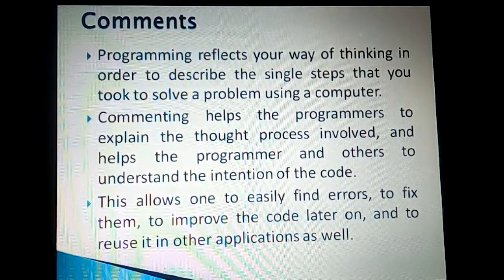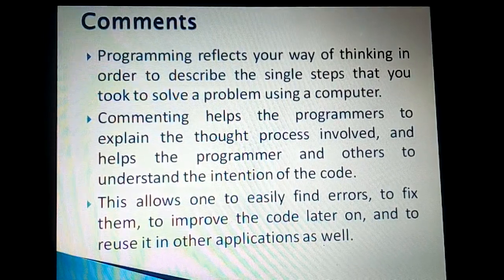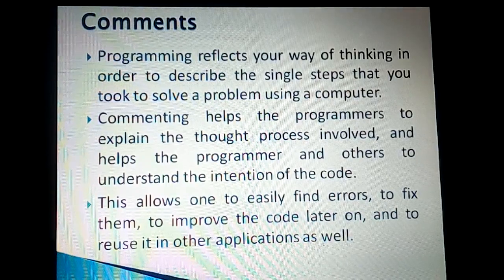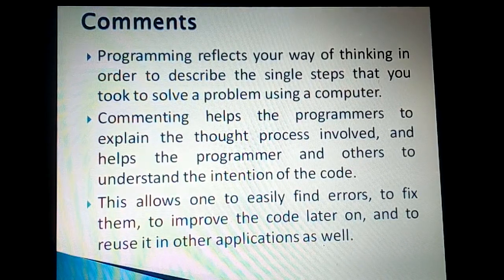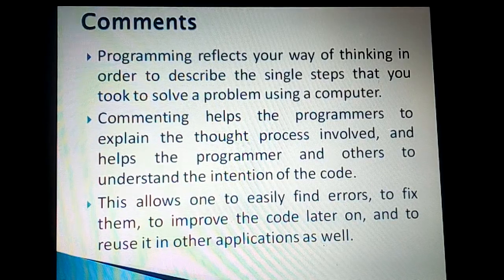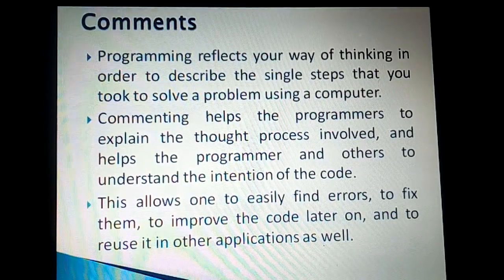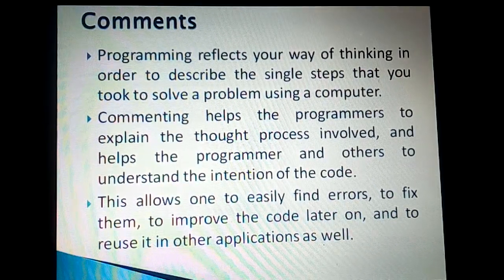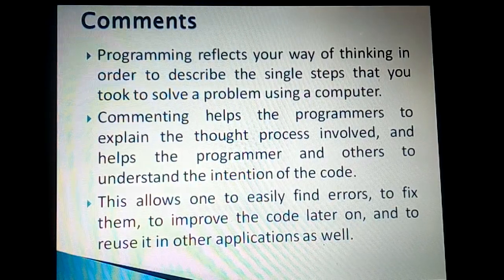The reason is very simple. If the programmer leaves the company tomorrow, then the next programmer who is going to take charge should be able to make sense of the program he has written. So overall, the logic which is written can be well expressed by using comments.